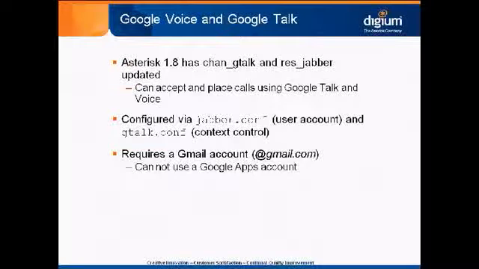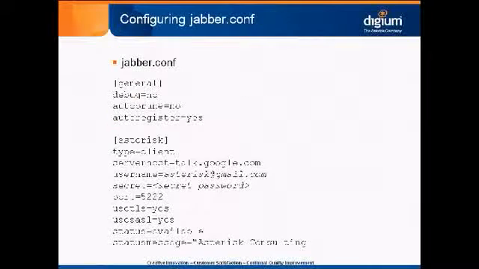So here's a sample jabber.conf file, fairly straightforward. We've disabled the debugging. Auto prune equals no is a good thing because if you're using it on, say, your primary Gmail account and you have a lot of contacts, if you have auto prune enabled, you're going to lose all those contacts. Auto register yes just basically says, hey, we want to register